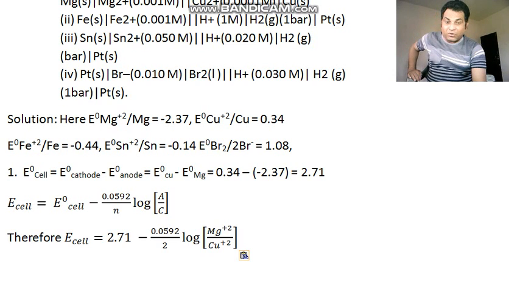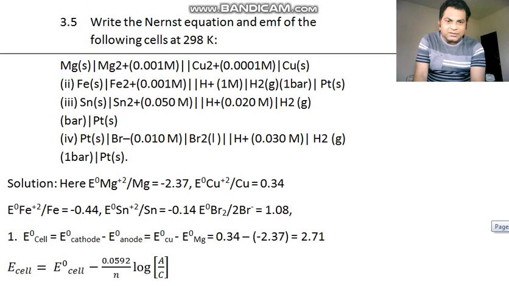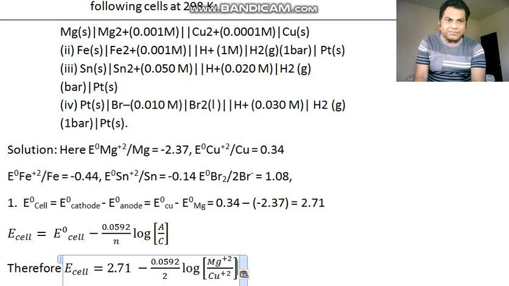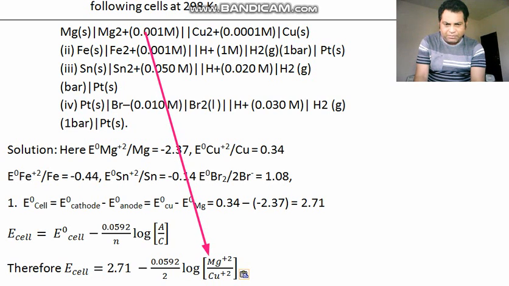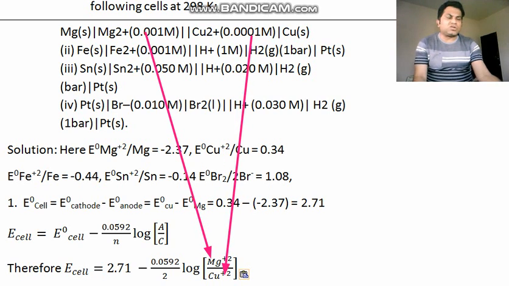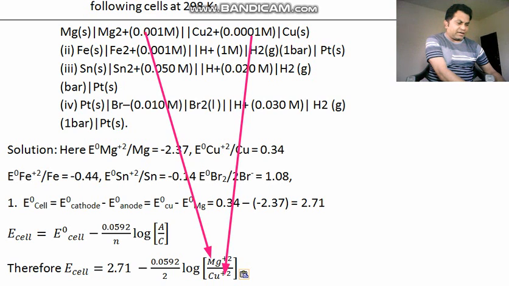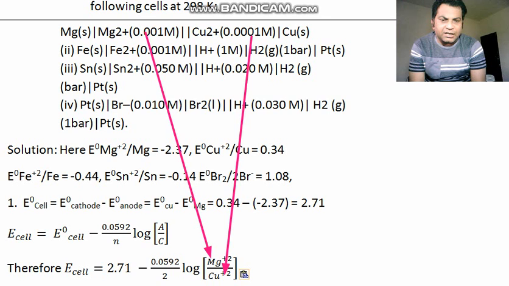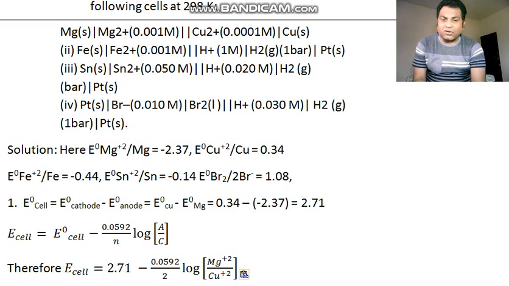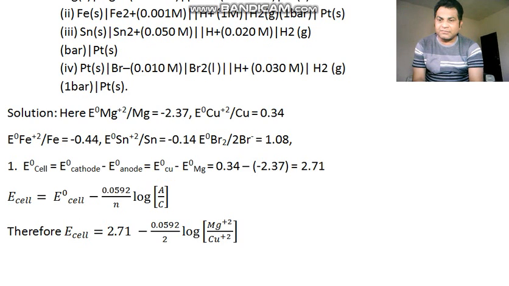Now here we are going to replace the concentration. Which concentration is given? Check out the concentration. The concentration of Mg is given as 0.01. So in place of Mg plus 2 we will write 0.01, and the other concentration given is 0.2. So that's why we can write this. Okay, so here is our value. Hope that you understand this value. Now we are going to put another part of this, and that is the calculation. Replacing this value we will get this.